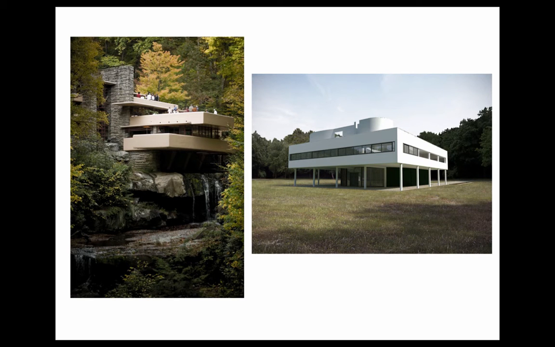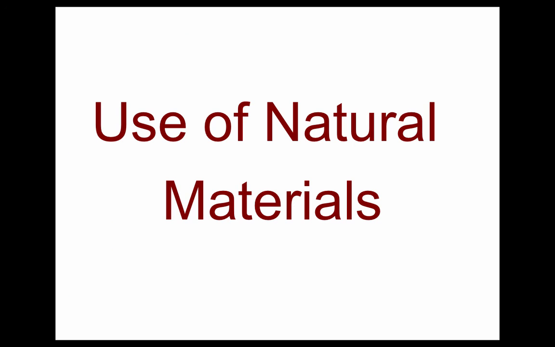All good architecture is related to its site. If it is poorly related to its site, it's not good architecture. But there can be different ways to relate to the site. Here we have Le Corbusier's Villa Savoye, and it is elevated above the site. I would describe it as presenting a humanist view of the human being separate from and above nature. In Fallingwater, we see an approach in which the human being is integrated into and a part of nature. So that's one of the meanings of organic architecture.